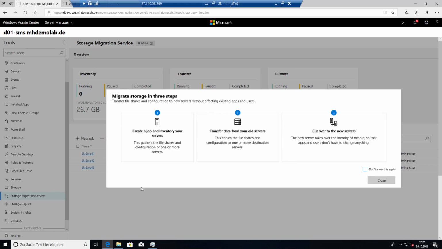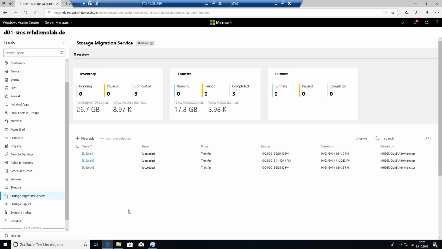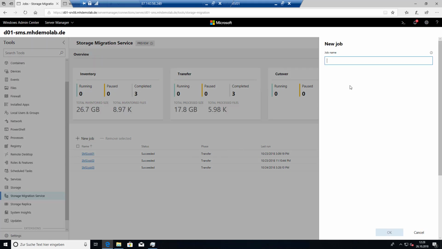We can transfer the data from the old servers and then cut over to the new servers. So in the list, I can see I already have three jobs configured here, and I want to run a new job now. So we create a new job, and the job is the storage migration service job 04.